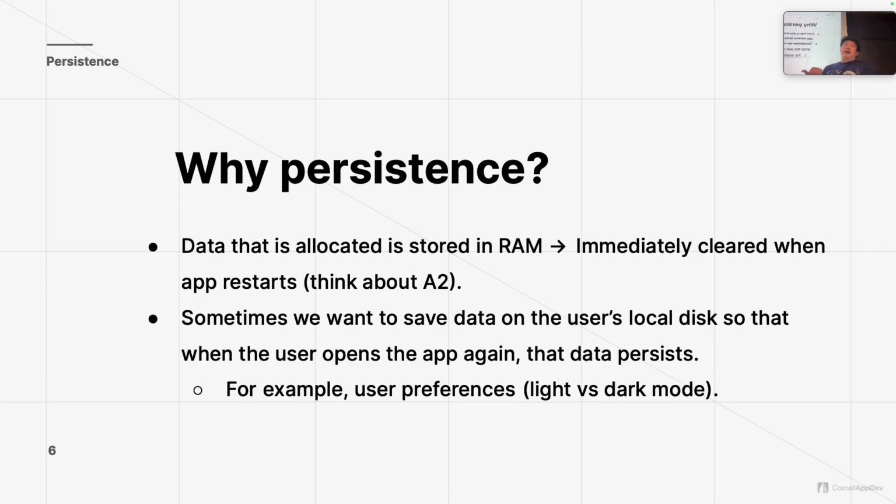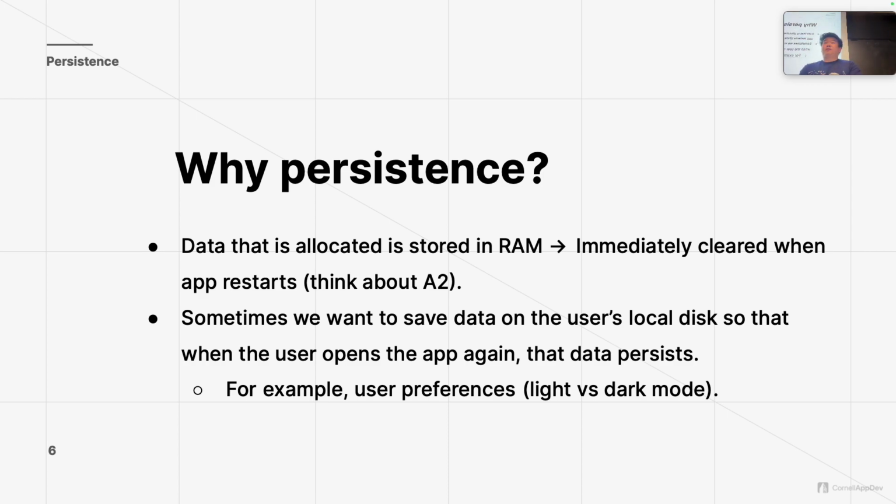However, with A3, we have API requests. So essentially, you're storing your data to the backend API. That allows us to have, I guess, a kind of data persistence there. But in this case, we're sending the data via Wi-Fi to our backend. So sometimes we don't actually want to use a backend. There are a lot of cases where either it's inefficient to do so or it just doesn't make sense to do so.